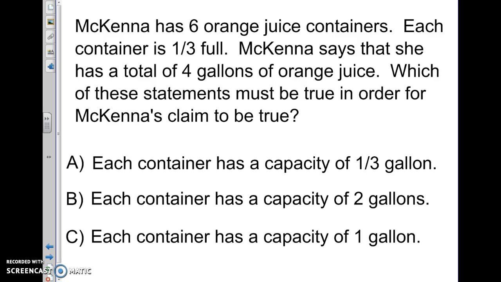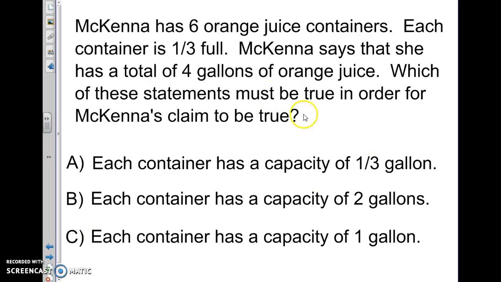McKenna has 6 orange juice containers. Each container is 1/3 full. McKenna says that she has a total of 4 gallons of orange juice. Which of these statements must be true in order for McKenna's claim to be true? A. Each container has a capacity of 1/3 gallon. B. Each container has a capacity of 2 gallons. Or C. Each container has a capacity of 1 gallon. So,